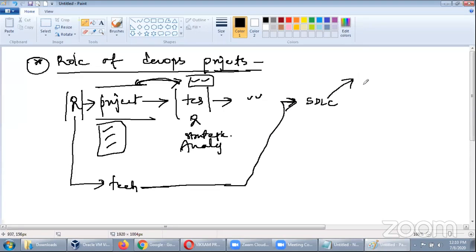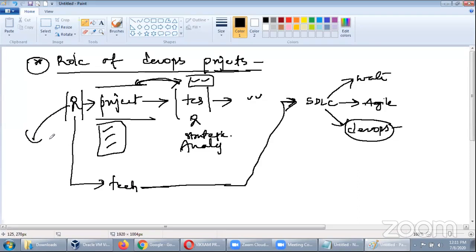He may say, please do this project in waterfall, or please follow agile, or please do this project in DevOps. You getting? Let's say you do not have DevOps know-how. Maybe your company does not have DevOps, then what happens? Do you think he will stick to you, or will he look for another vendor? He will go out. Project is gone.